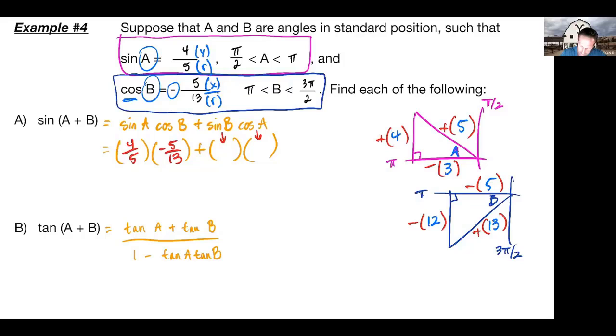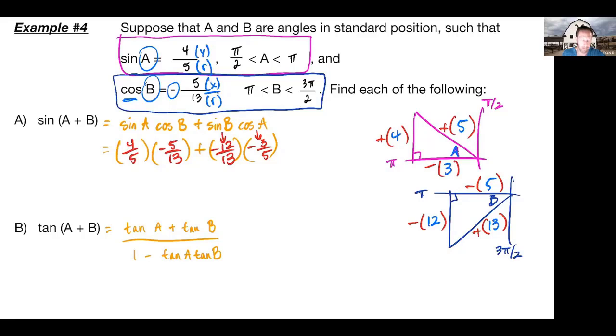So the sine of B is the y over the r, which would be negative 12 over 13. Remember, don't lose your signs. And then the cosine of A would be the x over the r, which would be negative 3/5. And that's basically it. All you have to then do is multiply and add, which I already have set up,